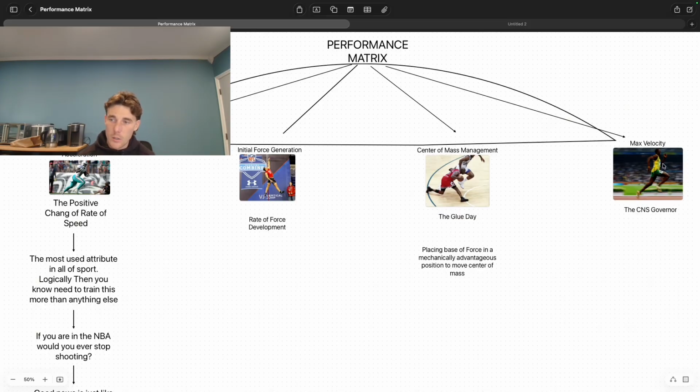And max velocity here on its own is simply an aid. Very rarely do you get up to top speed in your competition, unless you run track. In football, very rare. Basketball, almost never. Soccer, almost never. Right? But this tool right here is used to improve a lot of different things. Improving your max velocity will make you